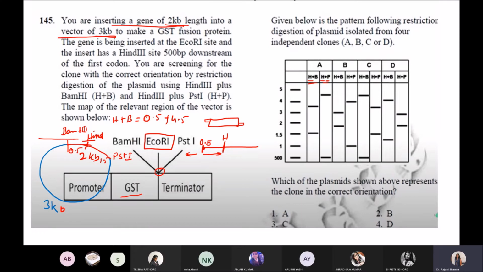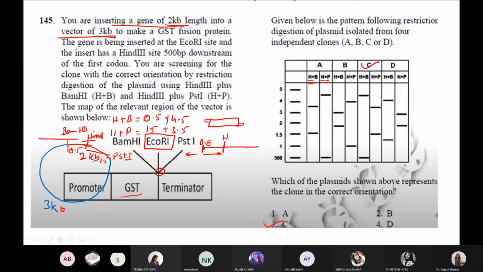When we have HindIII plus PstI, we get a band of 1.5, and the rest will be 3 plus 0.5, 3.5. As per that, only option C fits. So the answer is C. The plasmid which shows the correct orientation is option C.